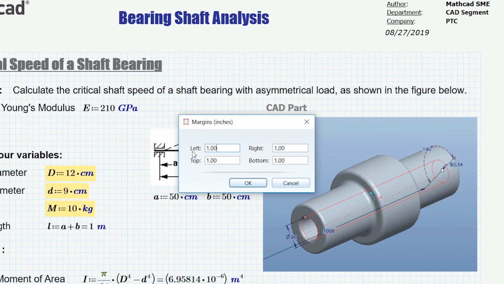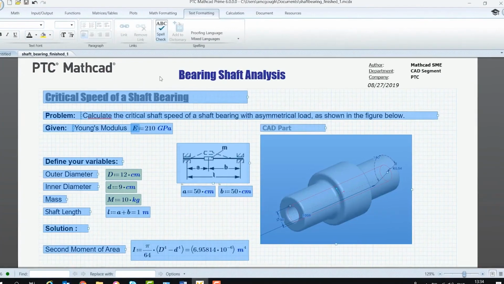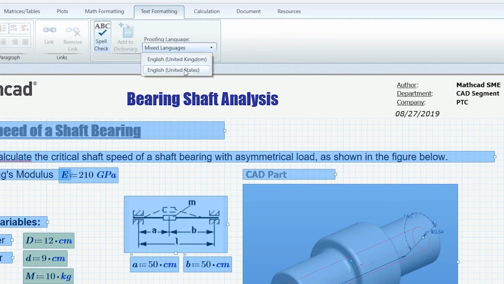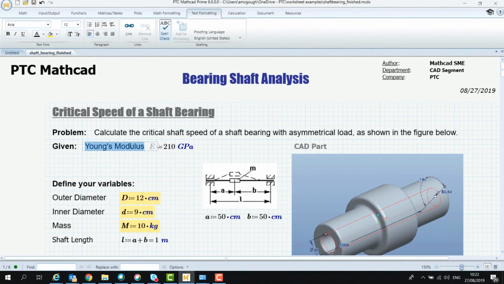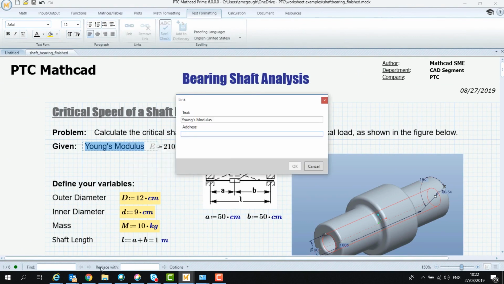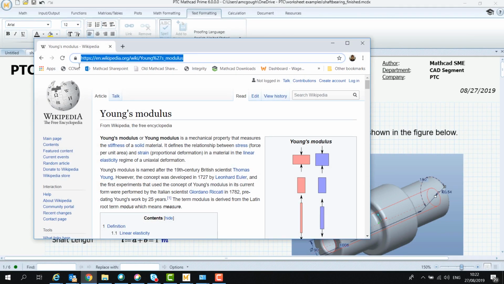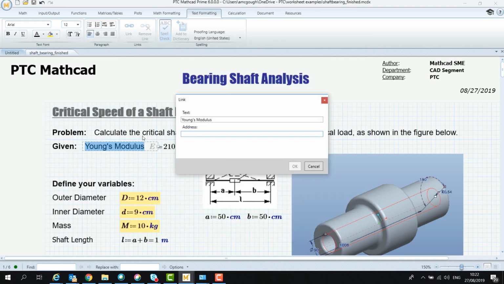With Mathcad Prime 6.0, you can customize your margins, headers, and footers for both imperial and metric standard sizes. Spellcheck is now available and supports multiple languages based on your installed system keyboard. In-text hyperlinks can now be added to your worksheets. You have access to an expanded list of print options, as well as find and replace subscripts or individual parts